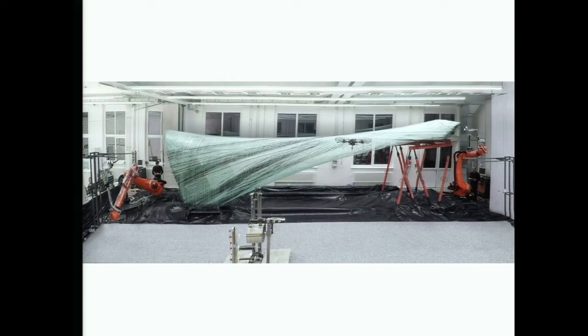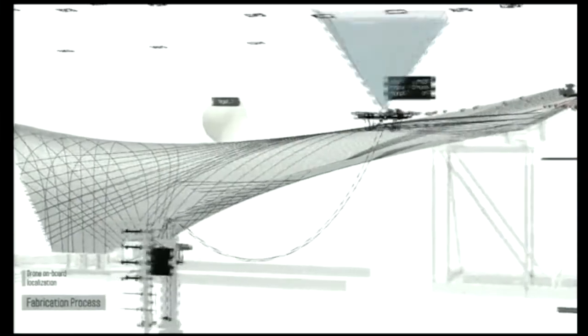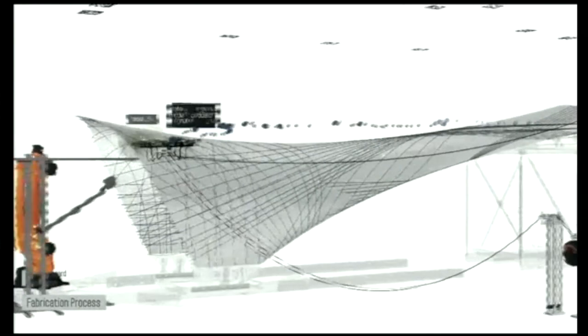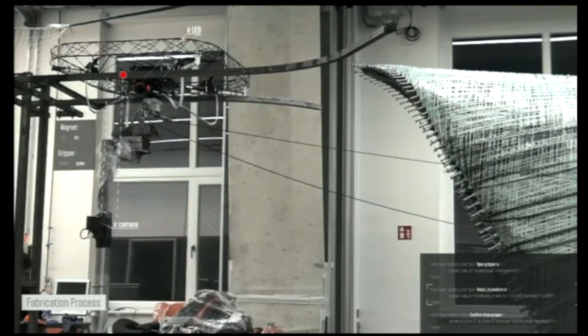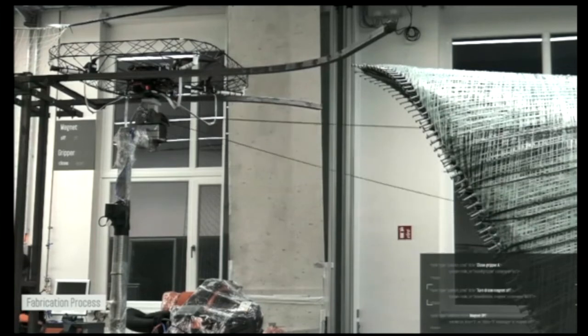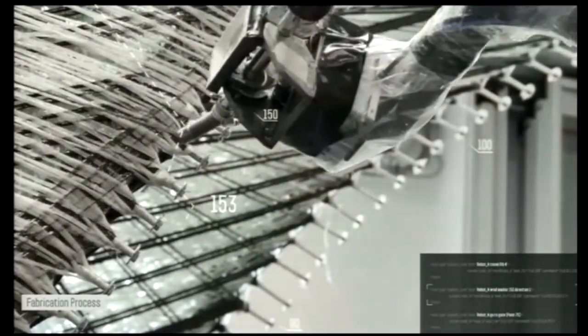You can see the two robots on both ends, and then you can see the drone flying the fiber from one end to the other, which you can see in this video. In this case, it is a really autonomous process, because the drone navigates by itself, which was difficult because it is indoors, so it needs to have markers everywhere. And then it hands over the bobbin to the robot. The robot finds the drone, and then it applies the fibers onto this demonstrated structure,